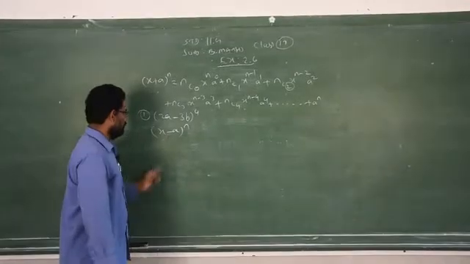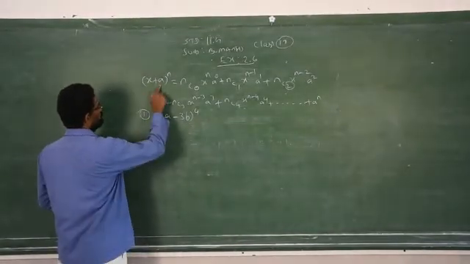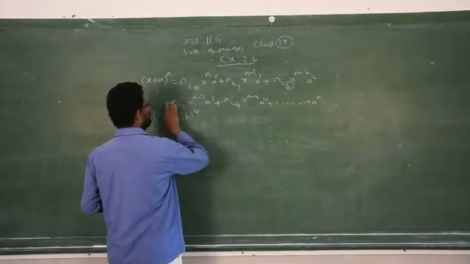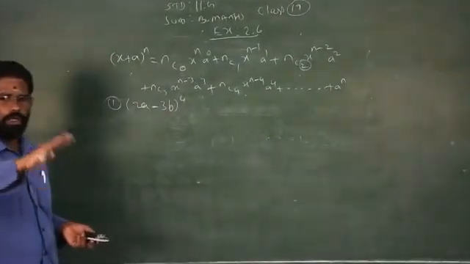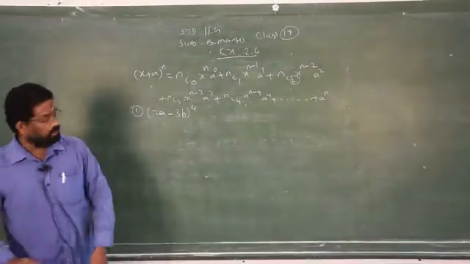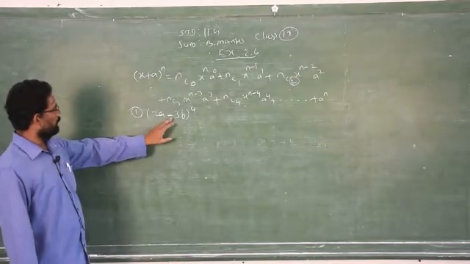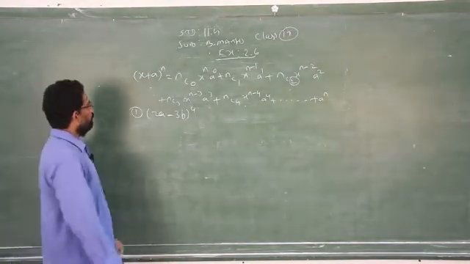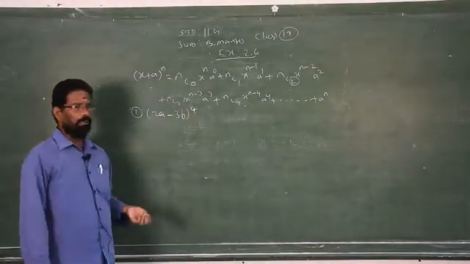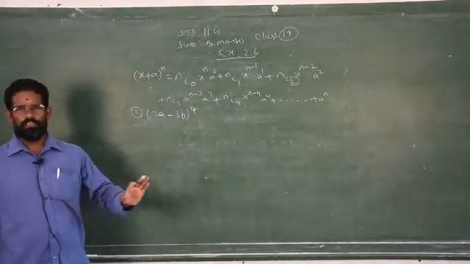The sign gets changed alternately for (x minus a) whole power n. If it is minus, then it will be plus, minus, plus, minus, plus, and so on, so you alternately change the sign. In the general formula you will get minus for (x minus a) whole power n. Now I am going to simplify (2a minus 3b) power 4 with the help of the binomial theorem. Clear? If you know the (a minus b) whole power 4 formula straight away, you can apply it, nothing wrong. They will give marks.